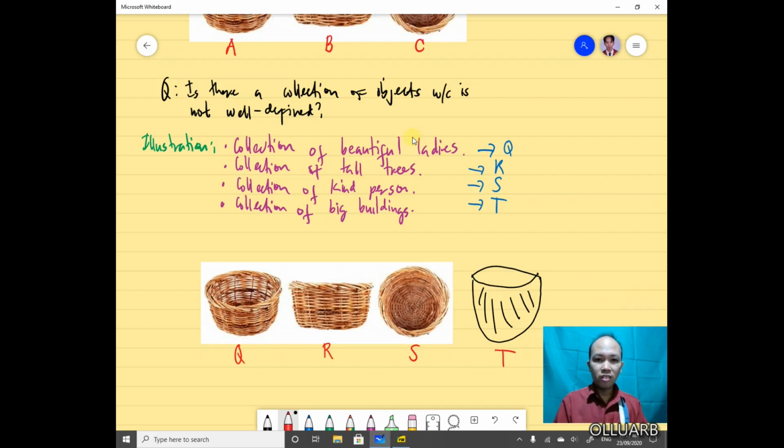So since most of you, or maybe half of you, will not agree with me that angeloxine is beautiful, then we cannot put angeloxine in the basket. Because the word set says that it has clearly distinguishable features,